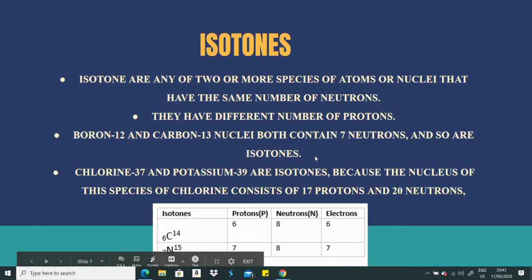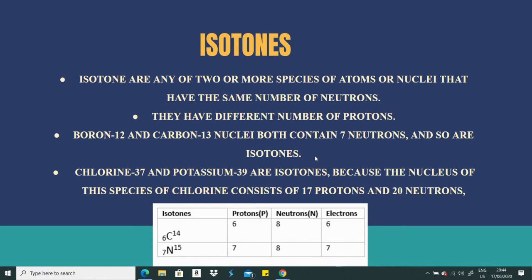So these are 3 different kinds of species: isotopes, isobars and isotones. Okay, so to brief up, we can say that the atomic number of an atom is either the number of protons or the number of electrons, and it is represented using the capital letter Z. And mass number or atomic mass or atomic weight is the total number of protons plus neutrons. That means the total number of nucleons inside the atom. Okay, and isotopes are the atoms having the same atomic number but different mass number. Example, the 3 isotopes of hydrogen: protium, deuterium and tritium.